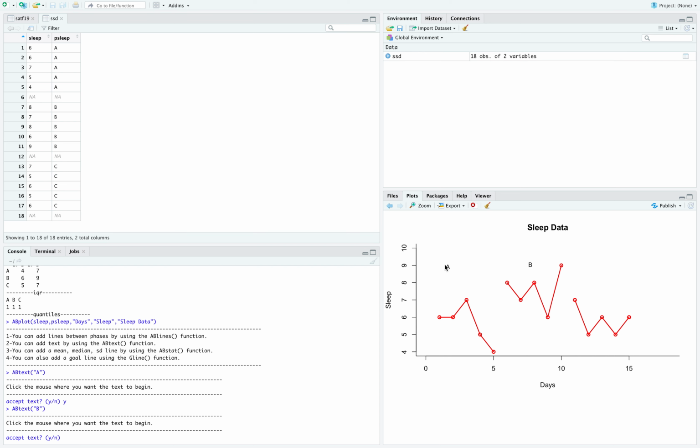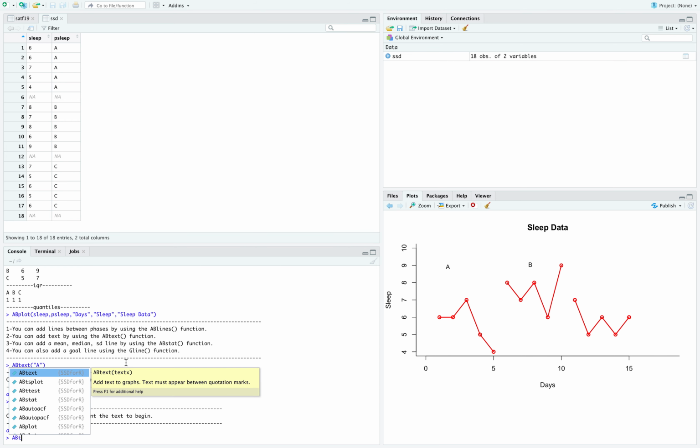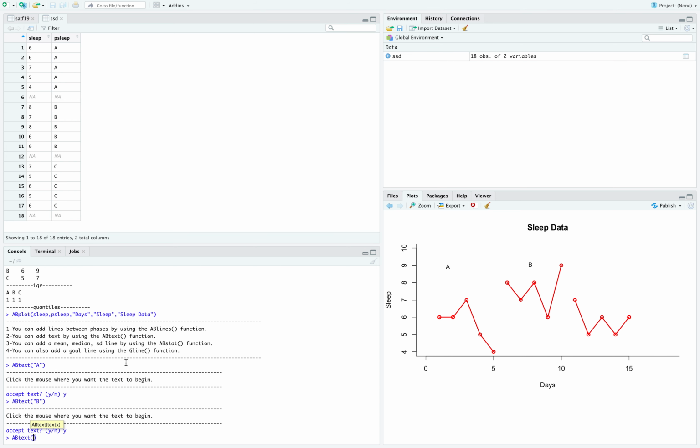I mean, as long as it's being communicated appropriately, it doesn't matter where that particularly is. I like where it's placed. If you don't, you can always hit no and try again. But I like where it's placed, so I'm going to hit Y. And now, of course, C phase: capital A, capital B, lowercase text, open parentheses, open quote, C, close quote, close